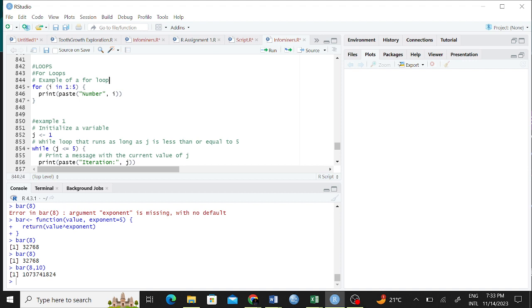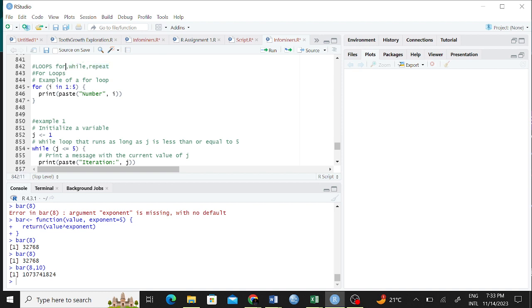So we have different kinds of loops. For example, we have for loops, we have while loops, and we have repeat loops. So we have these three different types of loops.